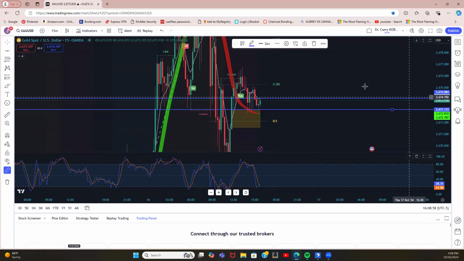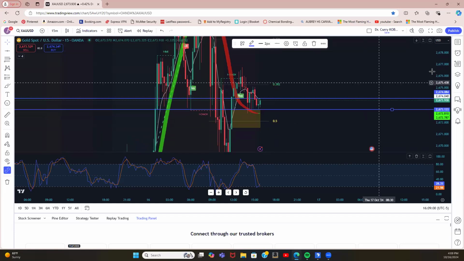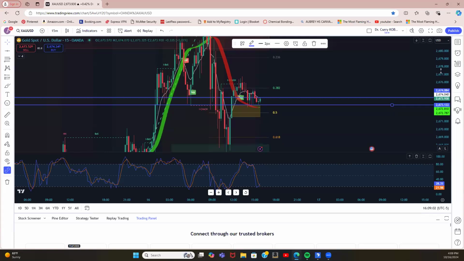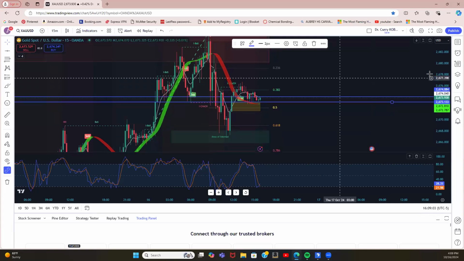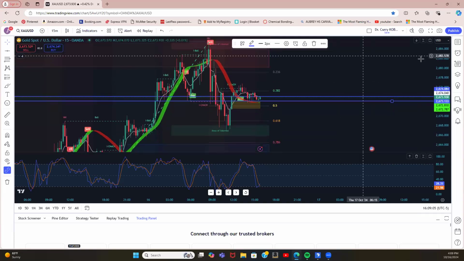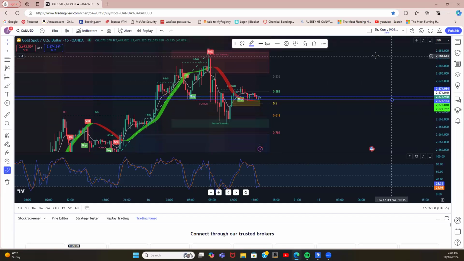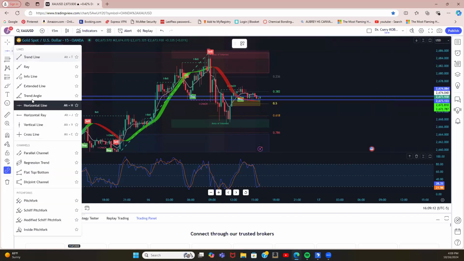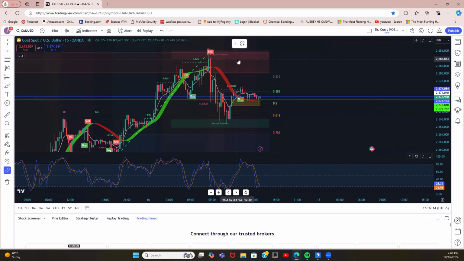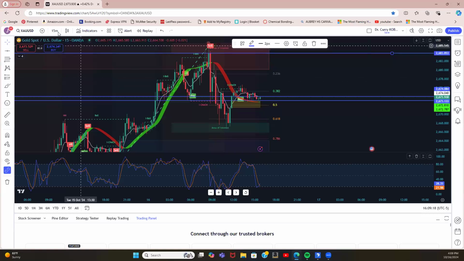We're running into the next fib. We get past that, we're going back to the top. Back to the top. So with that being said, guys, with that fib on there, once we break that liquidity